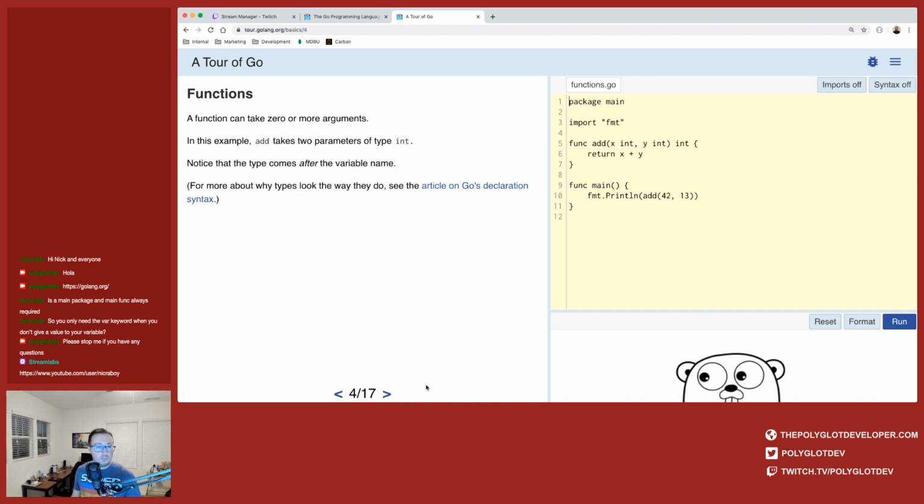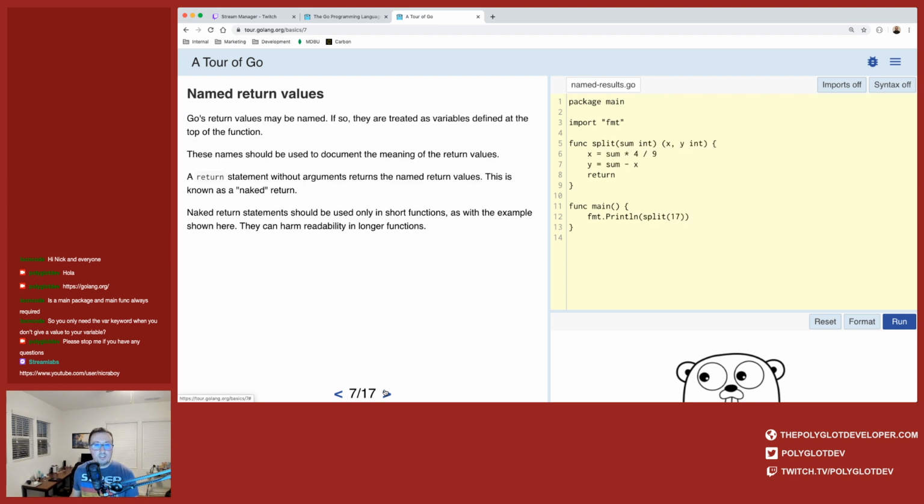And at some point it'll have a lab. It'll walk you through. It'll kind of challenge you. You'll enter your own code and try to get the correct answer. But it's a great way to get started with Go. It'll teach you the language. From then it'll be up to you if you create something awesome with it. But it does teach you the ins and outs.